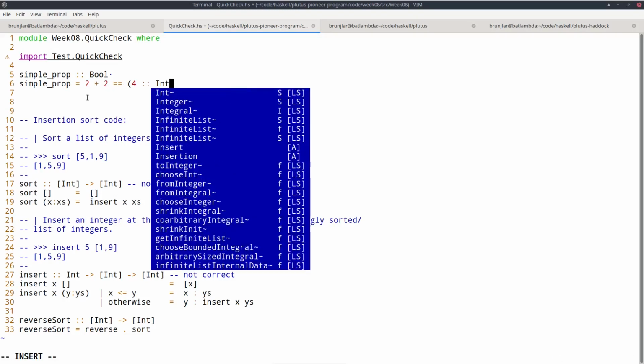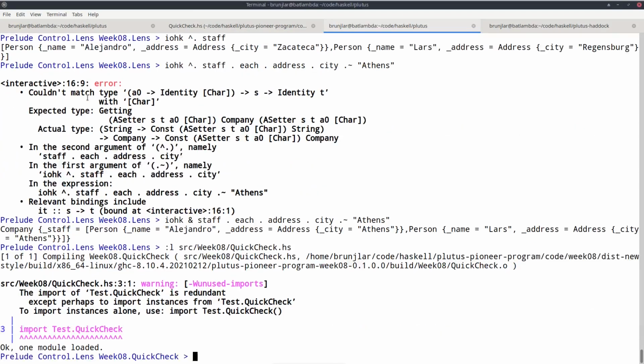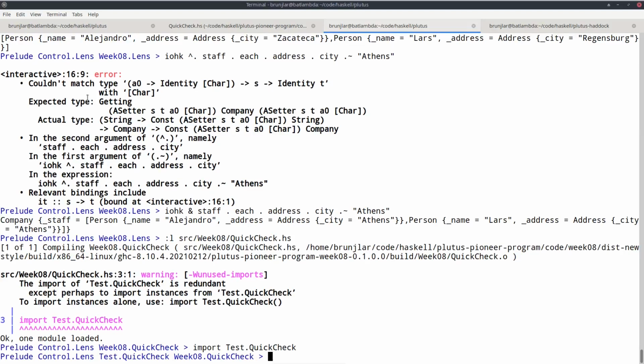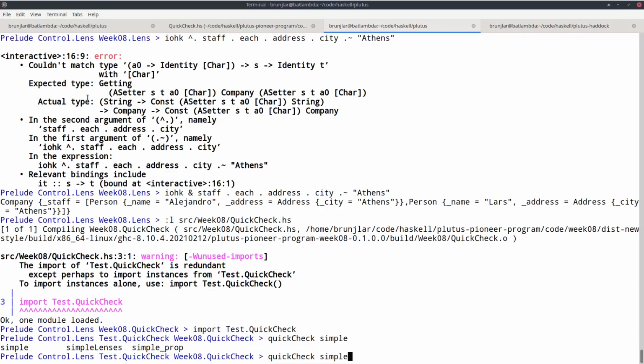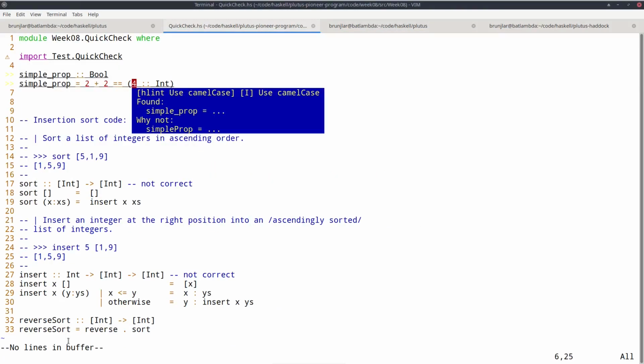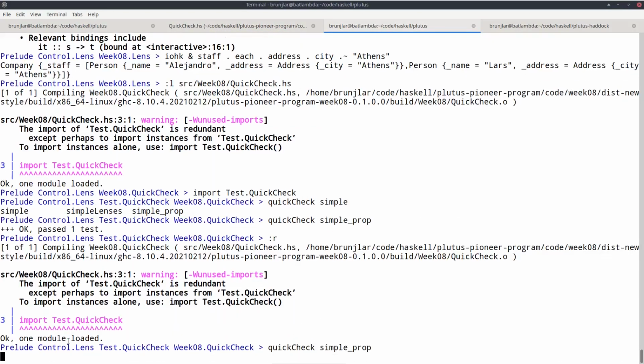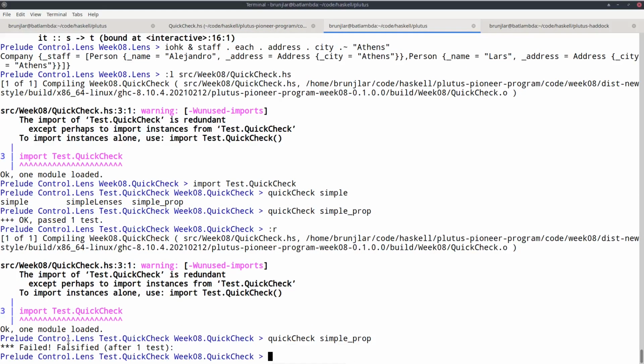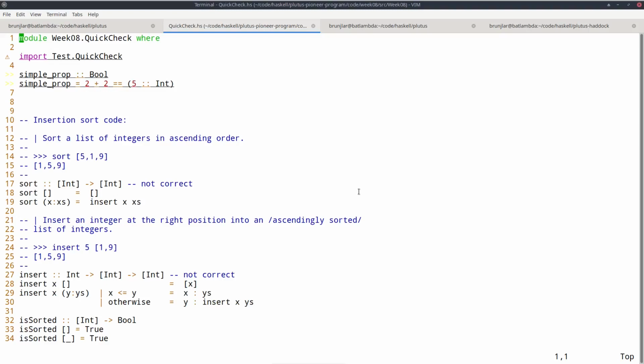Let's say ints. And if I import QuickCheck, then I can test this property with the QuickCheck function. And QuickCheck tells me it's okay, so the property is true. If I modify it and make it false, then it fails. Of course, that is not very exciting.